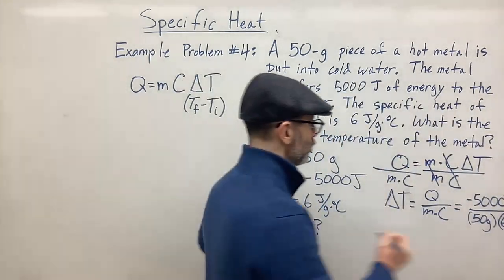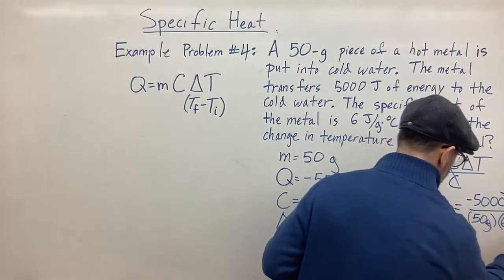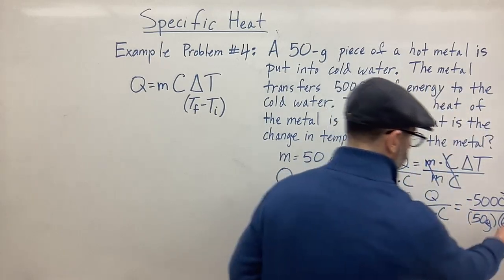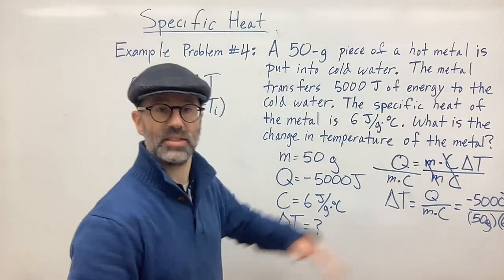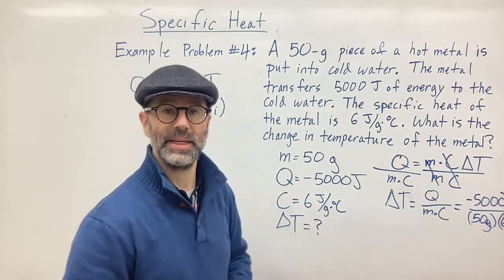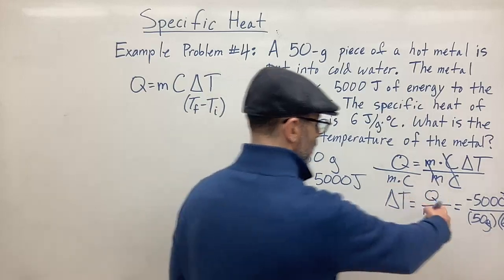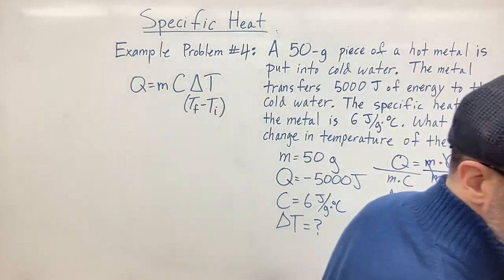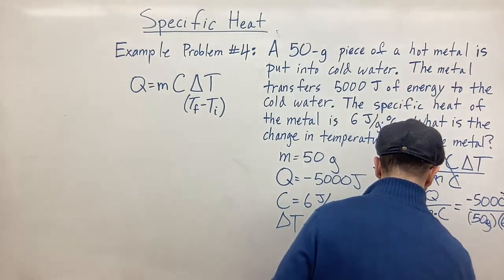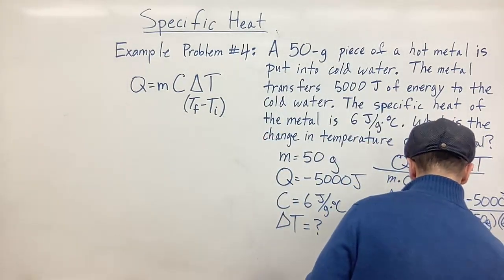And so we can see that joules cancels out. We have joules on top and bottom. Here we have grams top and bottom. And so we're left with 1 over degrees Celsius. So 1 over degrees Celsius in the denominator is flipped to give us degrees Celsius in the numerator. So we have our degrees Celsius. So we plug this in and we do our calculation, and we get our delta T is negative 16.67